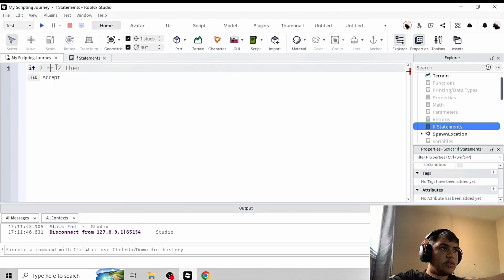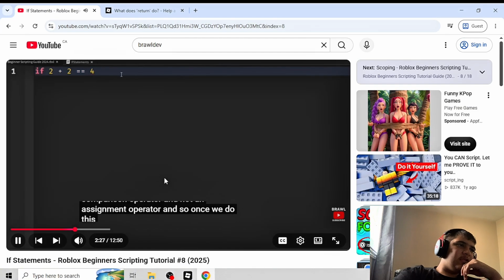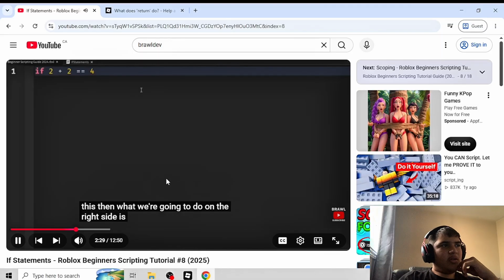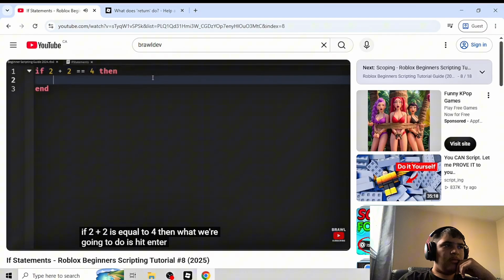So if 2 plus 2 equals 4, then. I remember the then part. It's always that you have to write then, and what we're going to do on the right side is write after then, just like this. So if 2 plus 2 is equal to 4, then what we're going to do is hit enter, and then